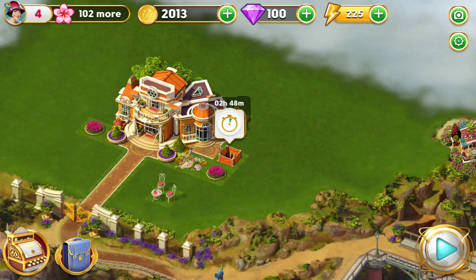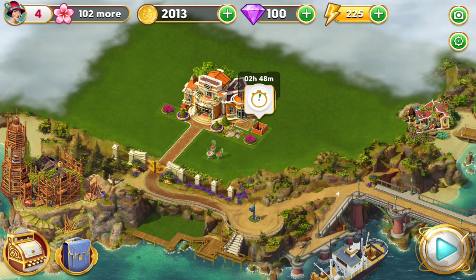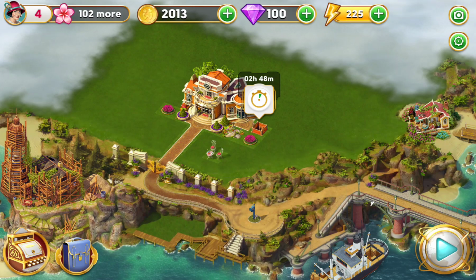So let's jump into it. First of all, open the application on your device. So that's my home screen, and you can find different buttons, for example the shop, the settings, your money, diamonds and others. Now if you want to edit your profile picture, go to the upper left corner of the home